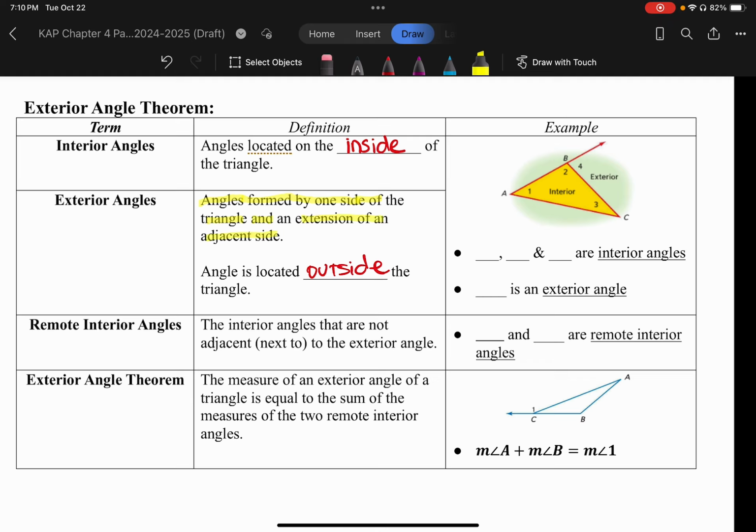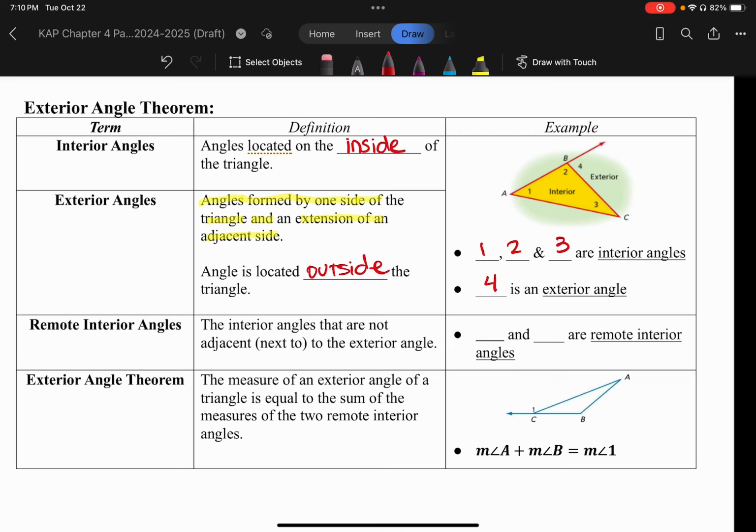Okay, so we have an example off to the right here, and we'll kind of be able to recognize what these interior versus exterior angles are actually going to be. So if we look at the diagram off to the right, we see that we have the interior, the exterior. Here, it's very clear that angles 1, 2, and 3 are going to be our interior angles. In this scenario, angle 4 is going to be our exterior angle, and this is what is being described in